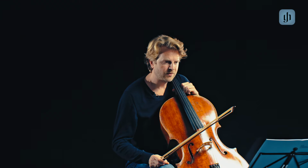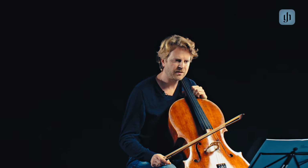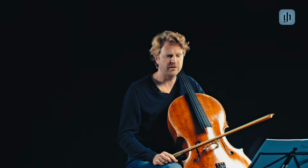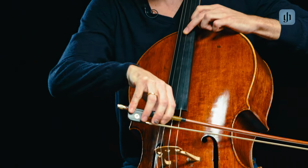Let's have a look at another example in bar 43, where we have a nice surprise, I think. Suddenly we're in C major. It's a little bit bold in a way, and I also think we can try to display that sudden change of mood, sudden change of character, by not playing too shyly, but